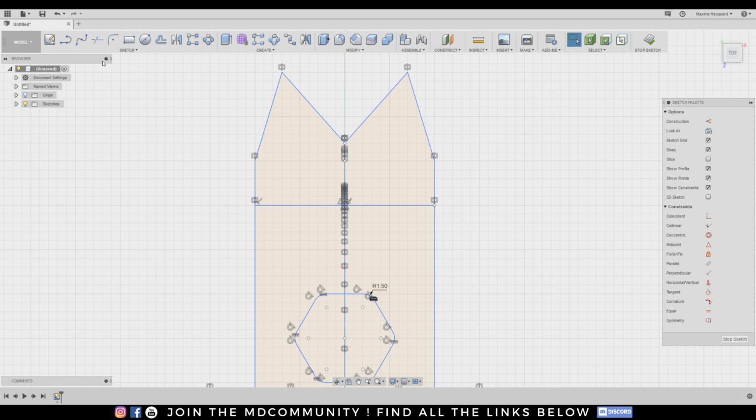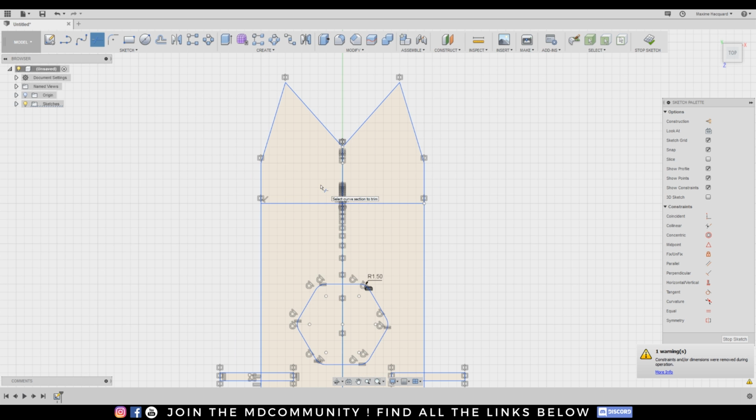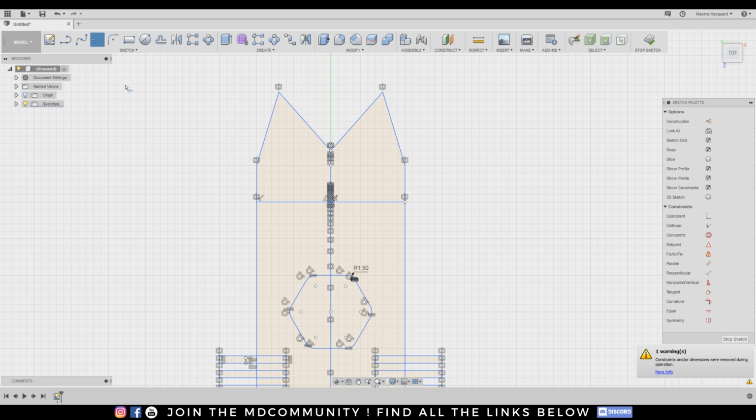One thing that you should know in Fusion is that when you create a design, the different parts of the design are merging, and you can use the trim with T to delete a part. I can have this or just delete this. So it's really simple to do complex design with multiple forms.